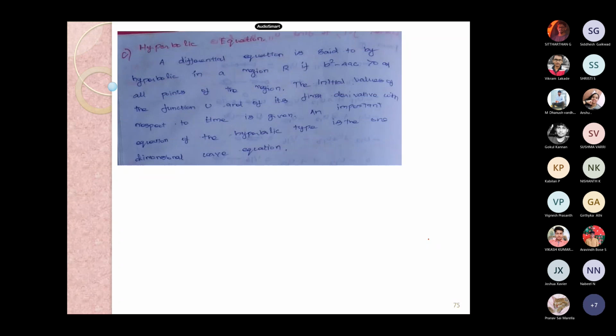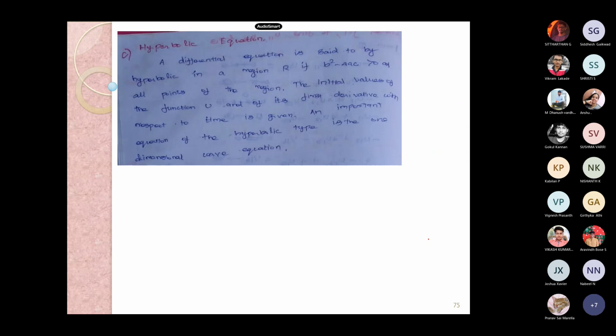The time is 12 now. We'll discuss the current affairs and again we'll see what is there with the hyperbolic equation. So far we cracked the things with the elliptic and parabolic, and now this is the third part. The second one, parabolic, is very huge compared to the other two. In parabolic itself, we need to know about Schmidt, Bender Schmidt and Crank-Nicolson. We already learned about these three.